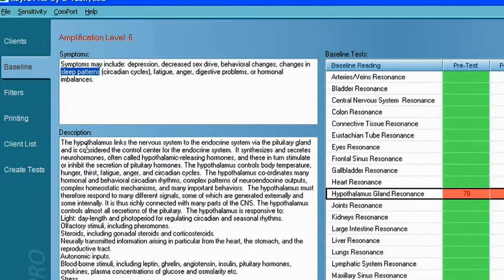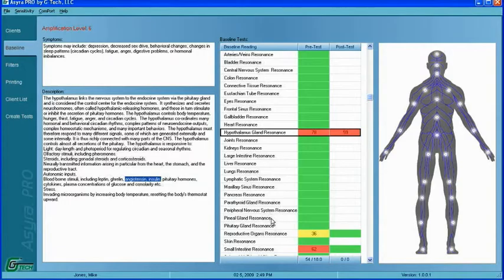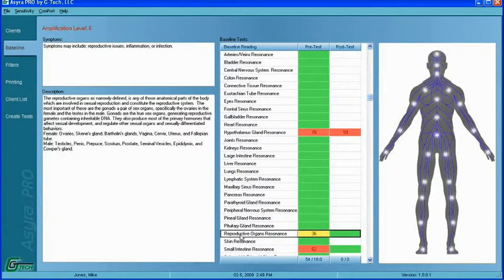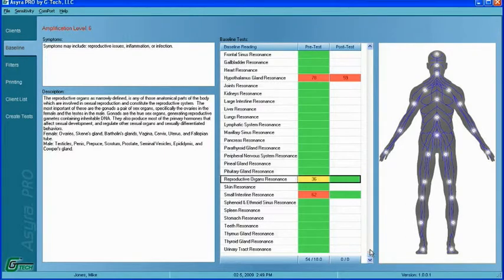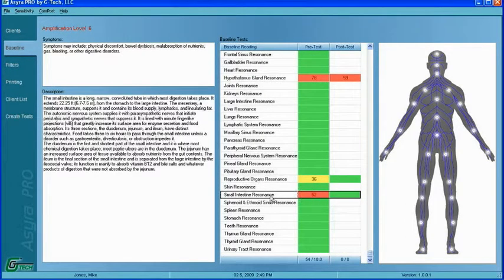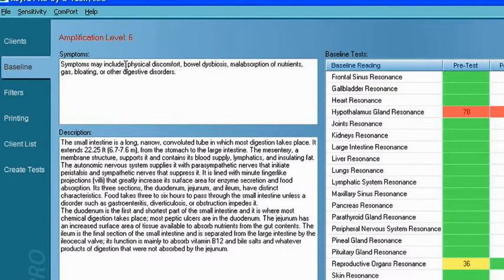I would also read through the description, and if he has any of these symptoms, I would right-click on those, copy it to my notes. I would then go to the next area, we're looking at the reproductive organs, and repeat the same process to gather detailed information about this individual. If I look at the small intestine, he may have just physical discomfort in that area. I would highlight it, right-click, copy it to my notes, and do the same process